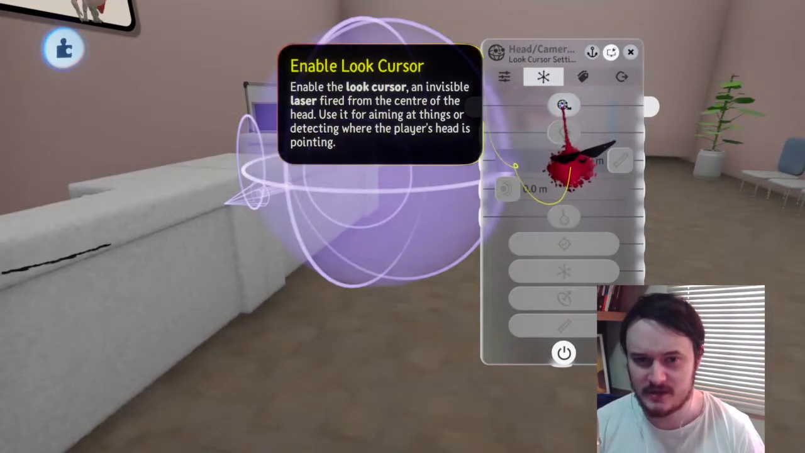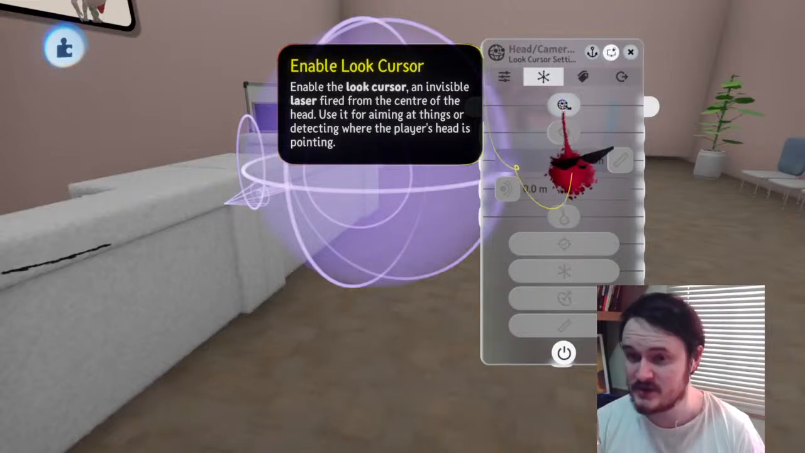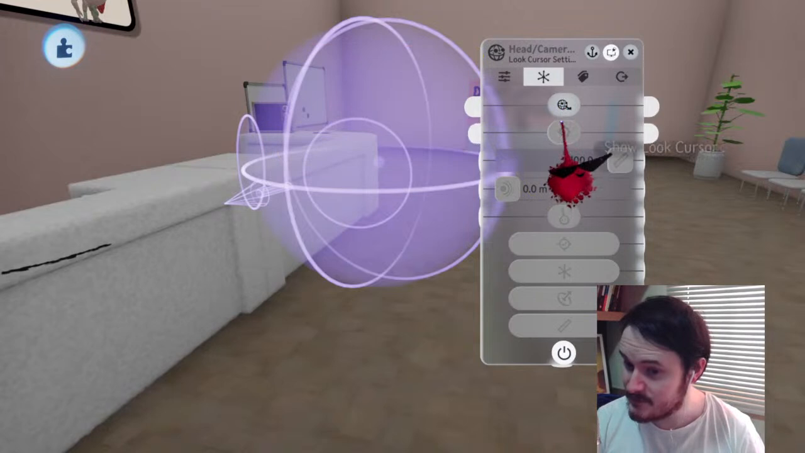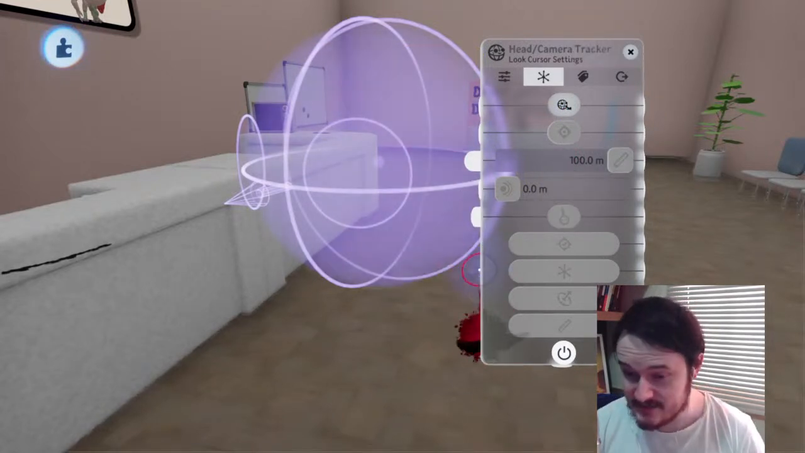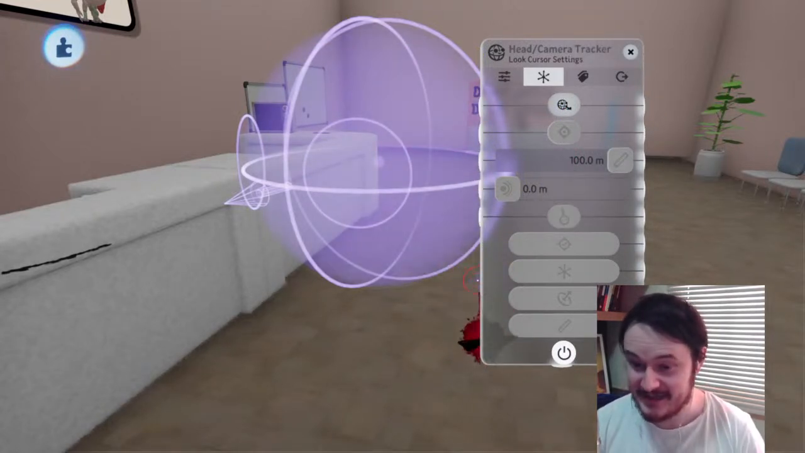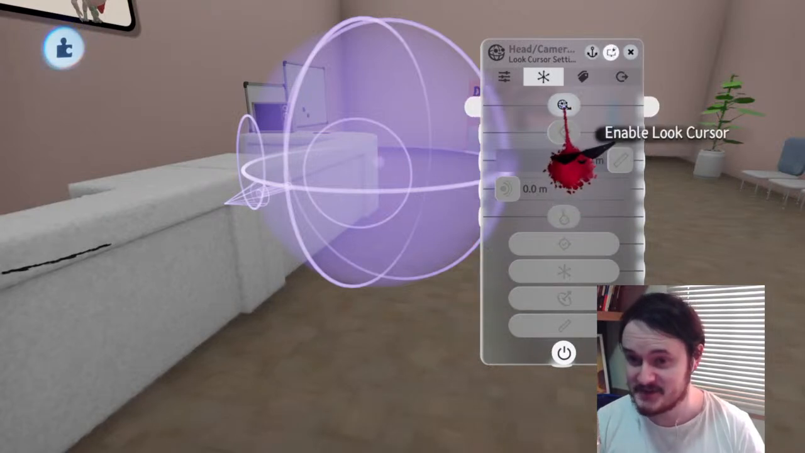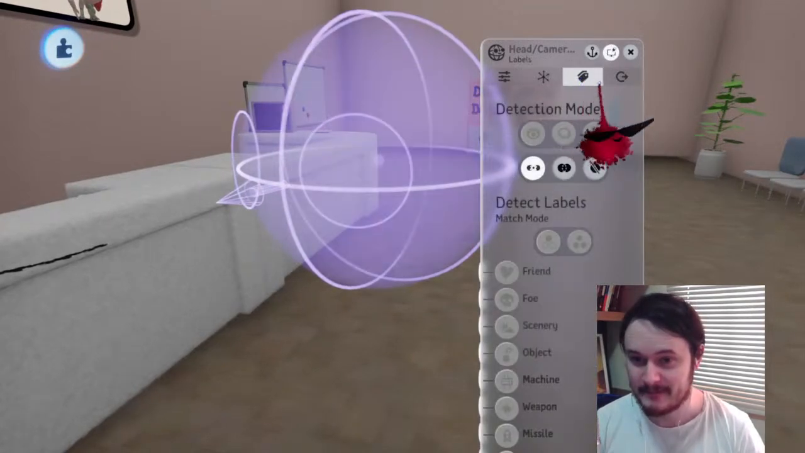Enable look cursor. An invisible laser fired from the center of the head. Use it for aiming or detecting with the player's head. That's quite good. So if you look at John Jerry Steve's leg, for example, he's going to know you're looking at his leg. So that could be quite cool. And then obviously we've got